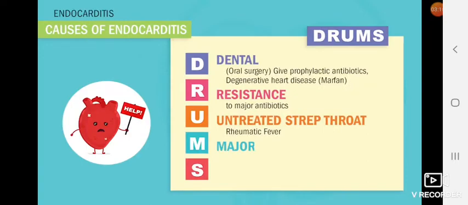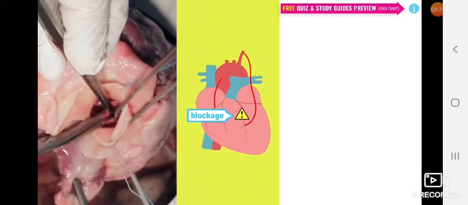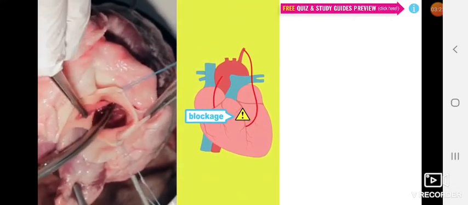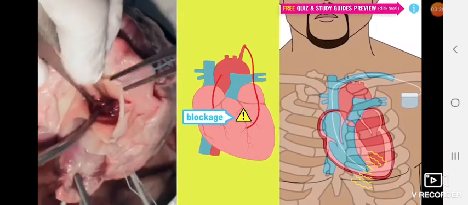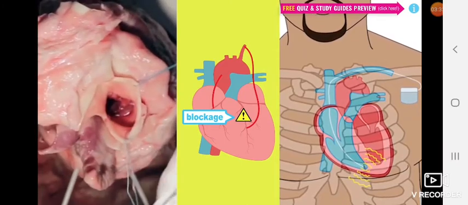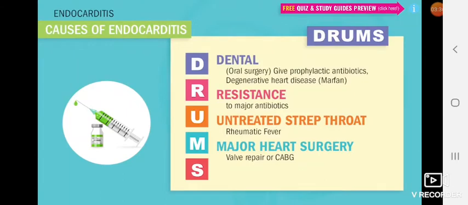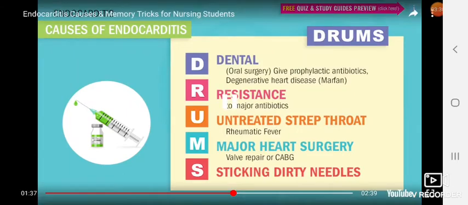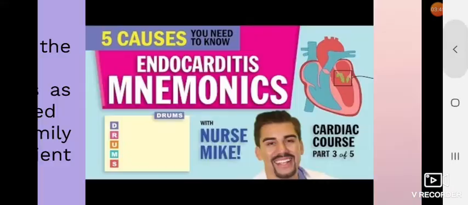So M is for major heart surgery. We all know that repairing heart valves can be risky, but even a CABG, a coronary artery bypass graft for heart attack patients, or even implanting pacemakers. So guys, anything that opens the heart up during surgery to any possible infections is a huge risk for endocarditis. And lastly, S is for sticking dirty needles, even for medical use, tattoos, and even piercings. Guys, anything that opens your body up to infection, whether it's